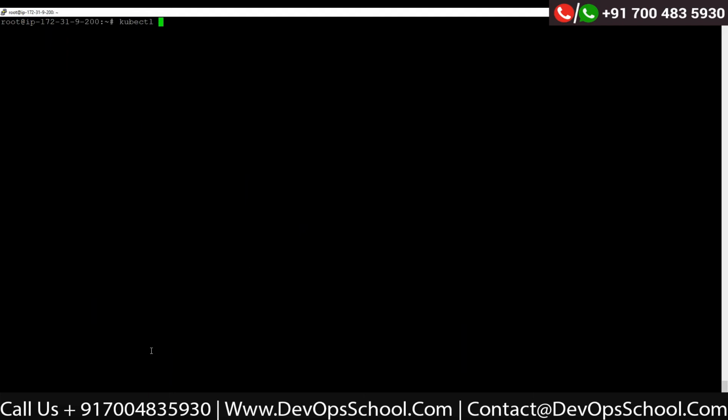Okay, so kubectl get is the command which will get you all the resources that are available on your cluster, right? So if you just say get and the resource name, it will get you the details. So what are the resources that you can create on the cluster? There are some workloads, and there are some configurations and other things that you can create on the cluster, right? So just to see a brief overview about how you can see all the resources on the cluster, you can say